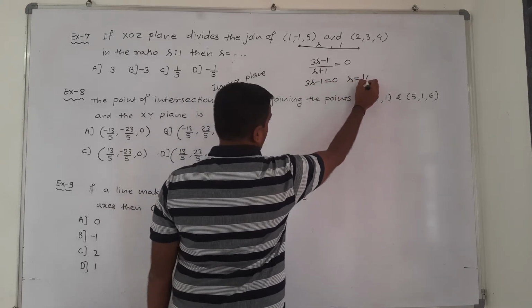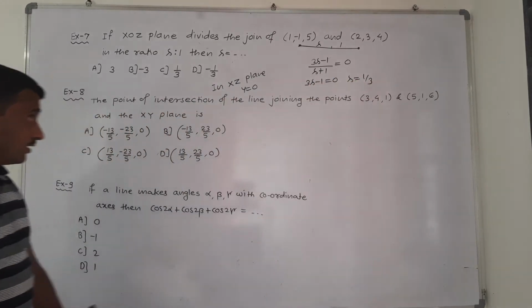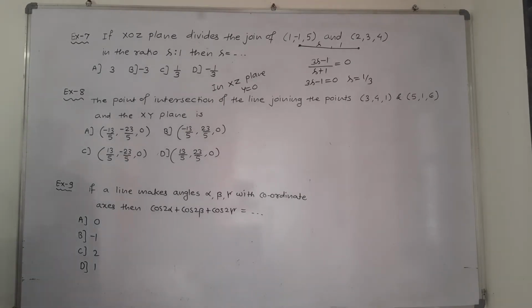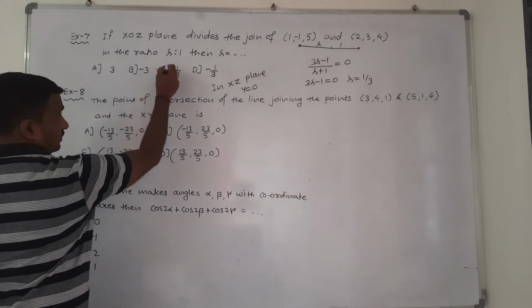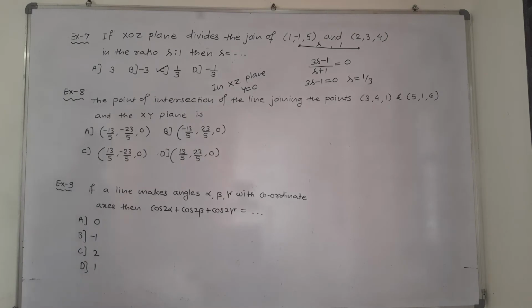Lambda is equal to 1 by 3. Minus 1 transfer, 3 divide. Lambda is equal to 1 by 3. It is C option. Next, the point of intersection of the line joining the points (3, 4, 1) and (5, 6, ...) and